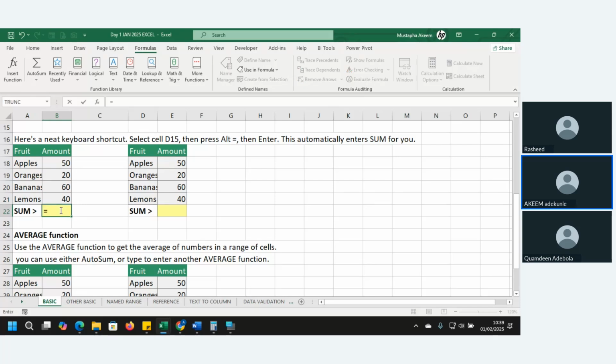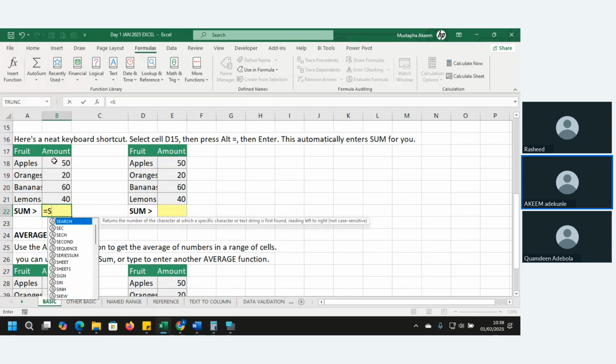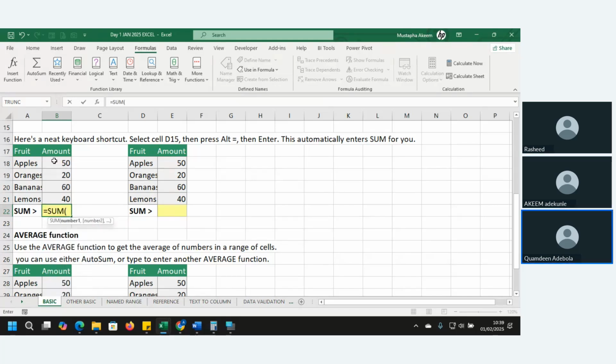So now equals to, we want to add it together, we want to sum them. Instead of using the plus sign, we use its own function called the SUM function. When I type equals SUM, you can see we have different types of sum: SUMIF, SUMPRODUCT, SUMSQ.